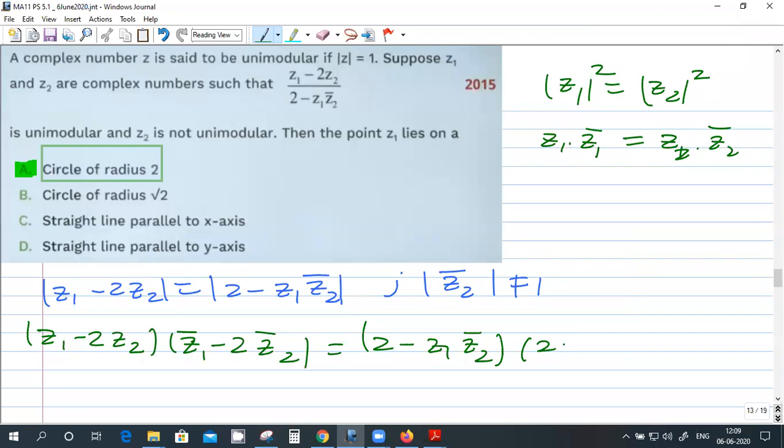That is 2 minus z1 bar z2. Okay, now we simplify this one. So z1 into z1 bar